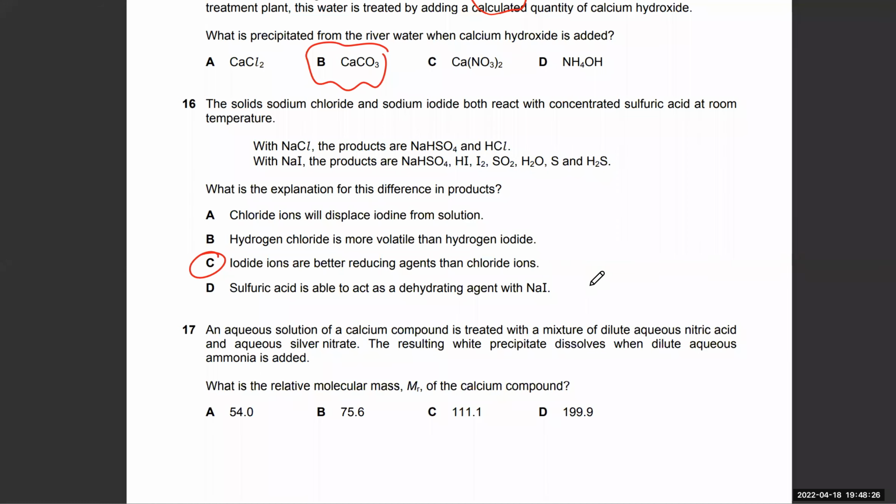Yes, sir. The other part is the aqueous solution of calcium compound is treated with a mixture of